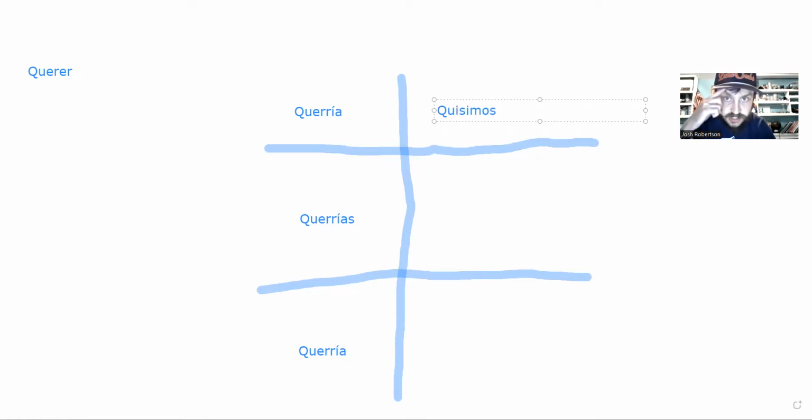Quisimos in the preterite indicative, right? Queríamos in the imperfect indicative. Quisiéramos in